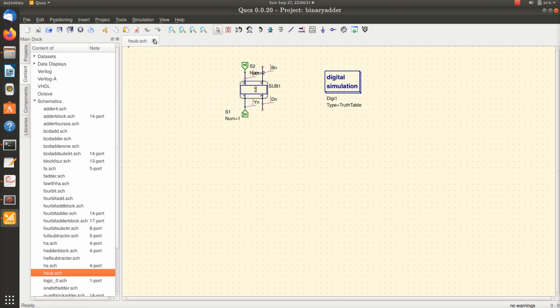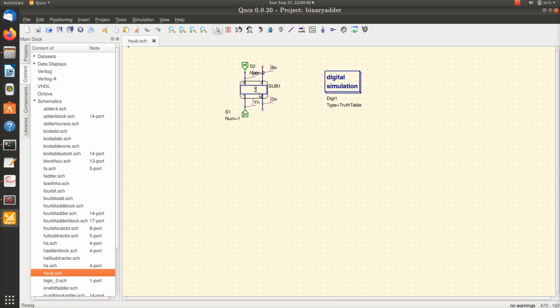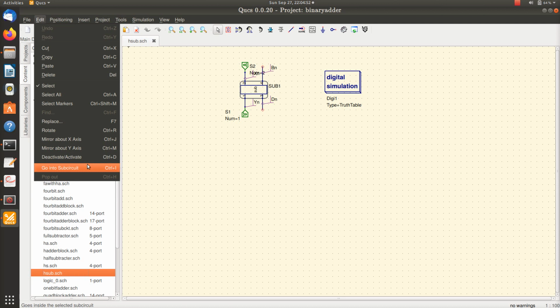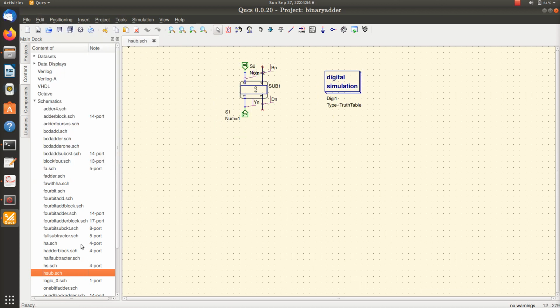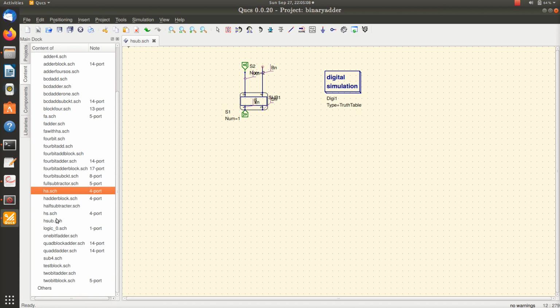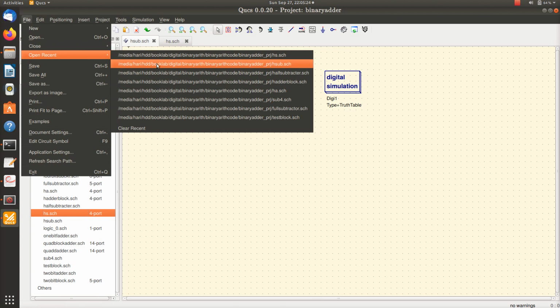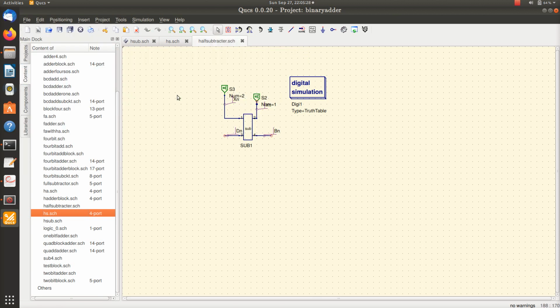No, this is not the circuit. This is the circuit, I think.